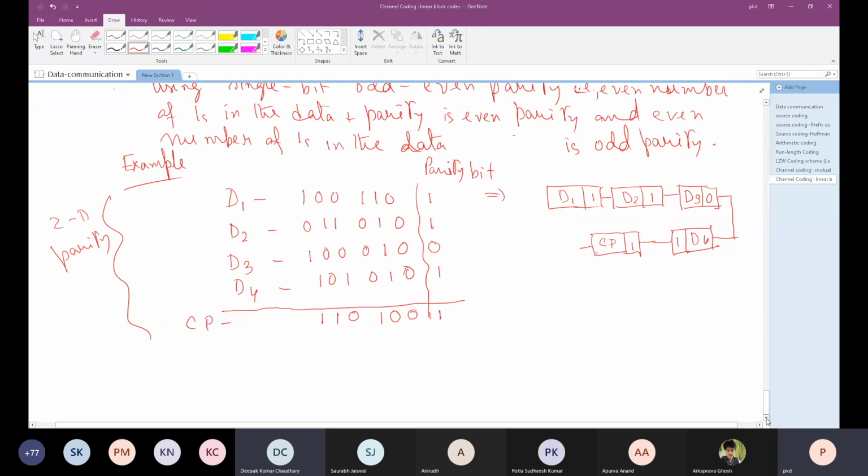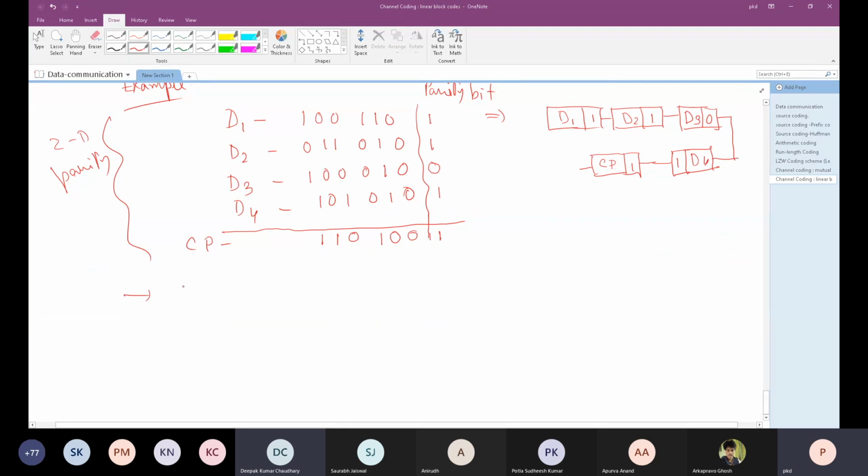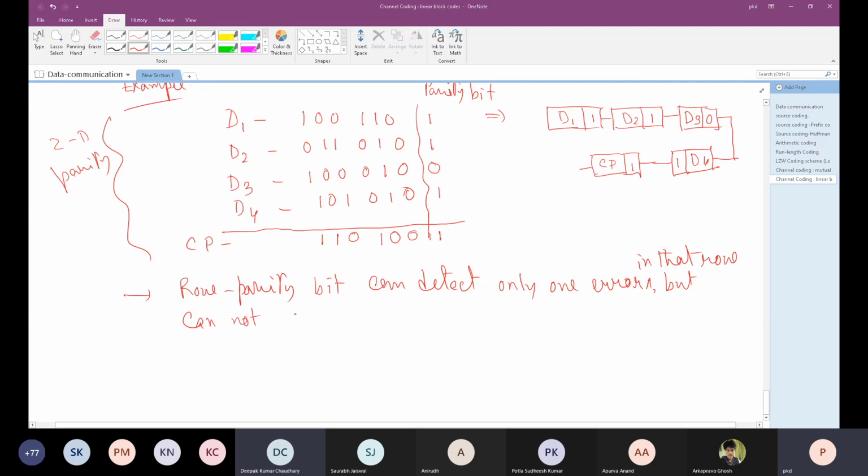Row parity can detect only one error in that row, but cannot correct it. Because